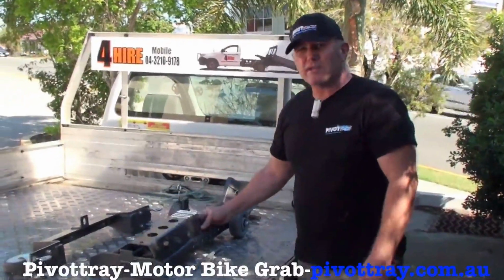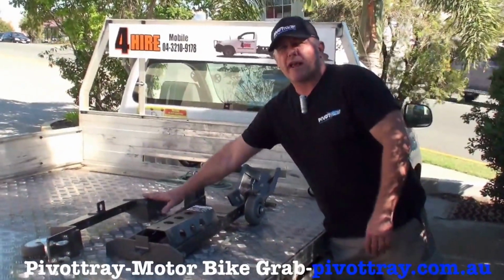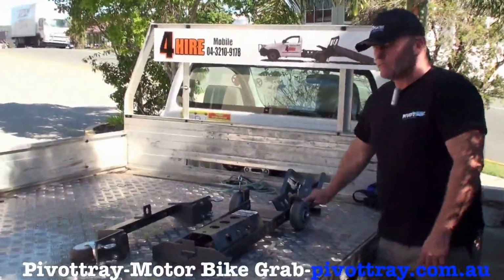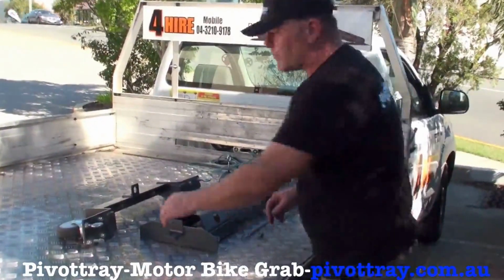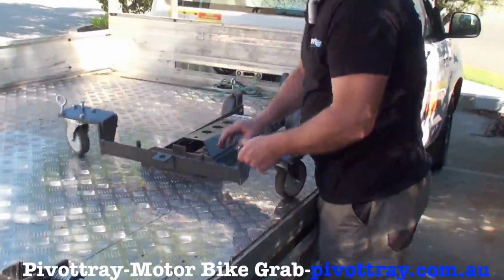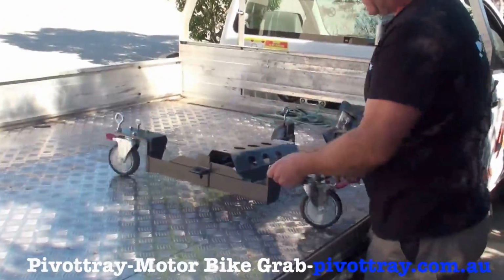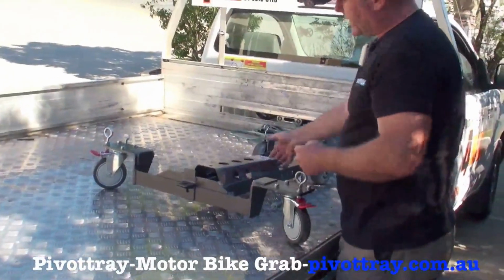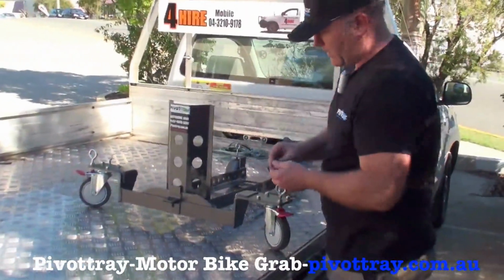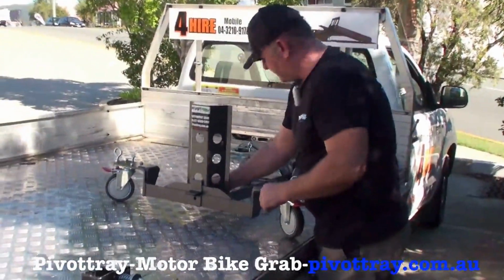It comes in 3 pieces. Okay, you get your main body, your front axle, and your pivot trap. It goes together very simply. We have locating pins here where the main body just sits into. And it clicks down like that. You lift up your front trap, bolt and split pin,